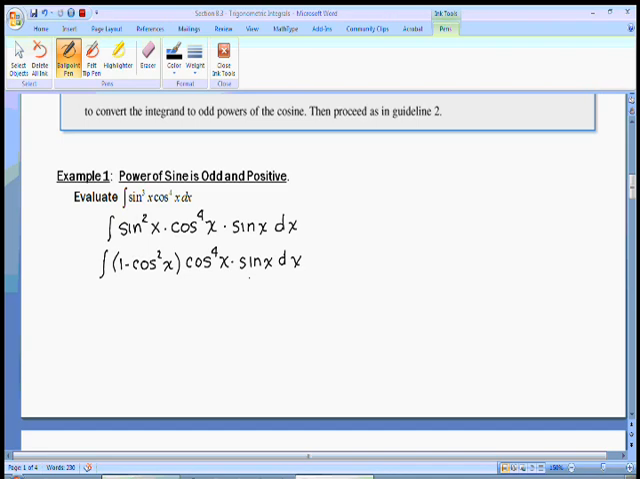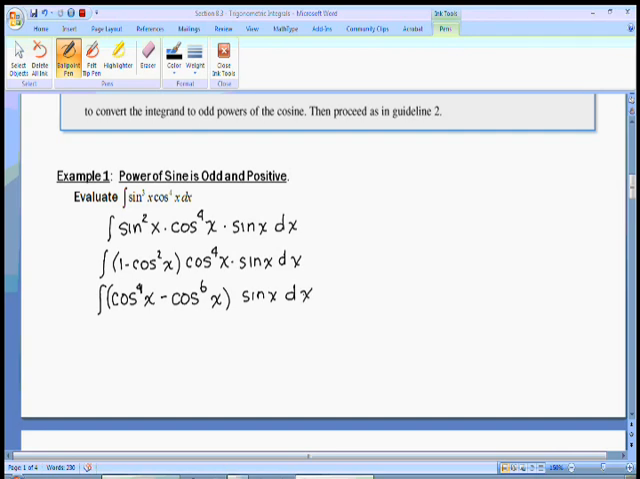But as far as the 1 minus cosine squared and the cosine to the 4th, we can easily do a distributive rule there, and we would get, of course, cosine to the 4th of x minus cosine to the 6th power. Keep in mind that you are adding the two exponents as a result of the multiplication. And then all of this is still being multiplied by that sine of x